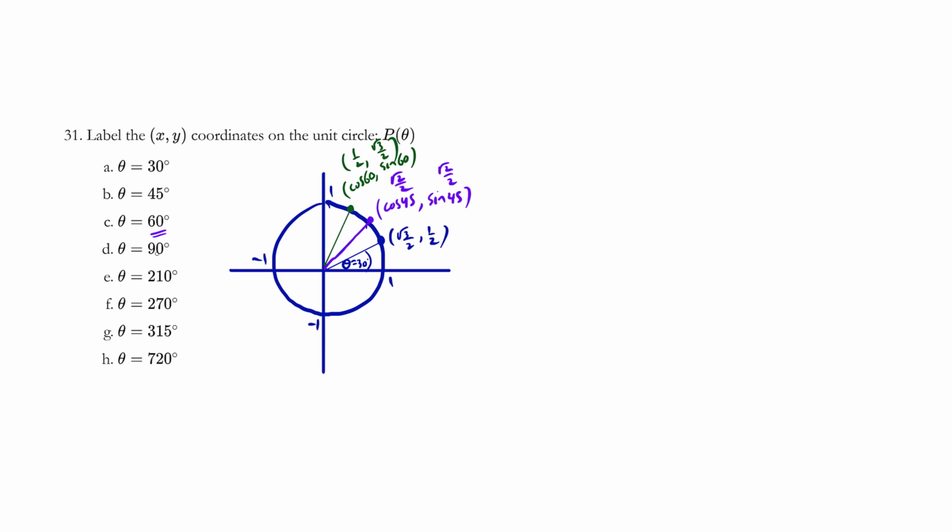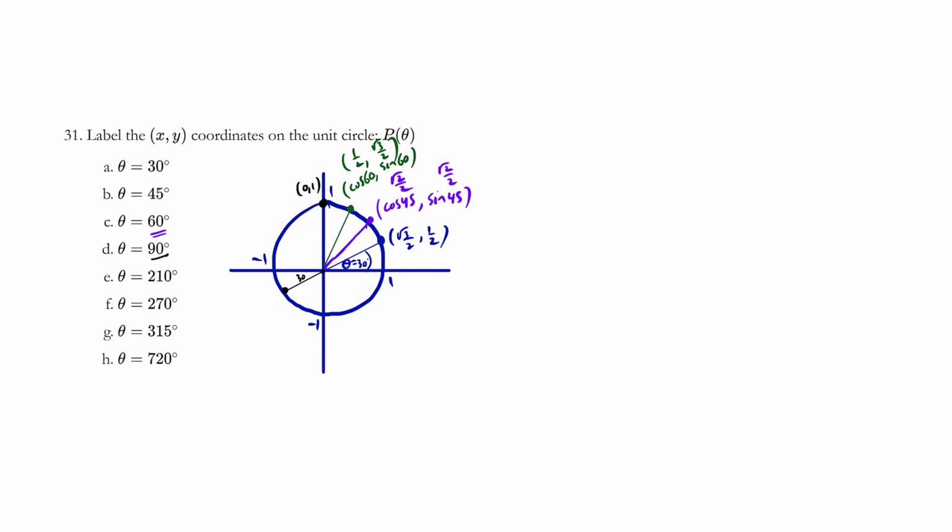What are the coordinates when theta is 90? This one straight up here is pretty obvious. It's 0, 1. What about 210? 210 is around here. Reference angle is 30 degrees. So